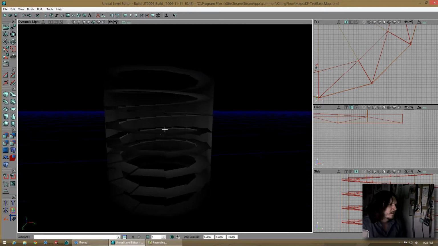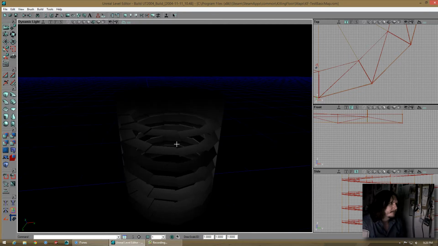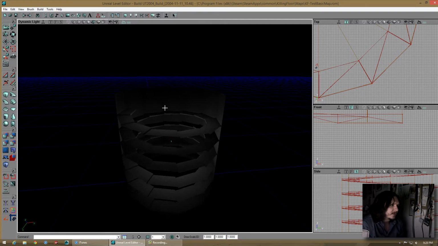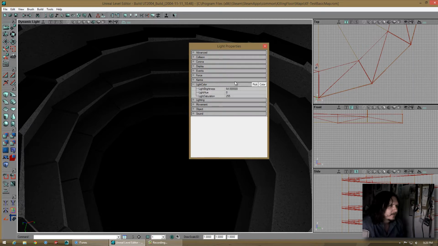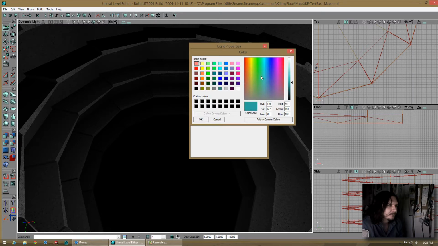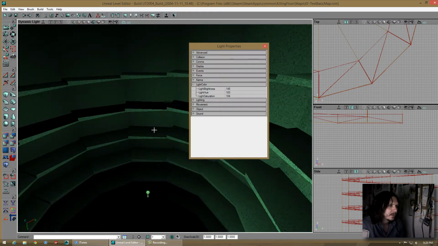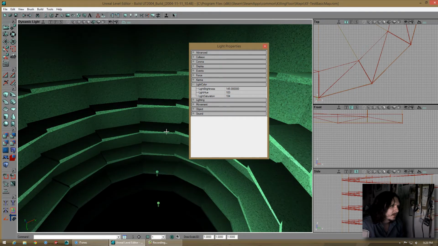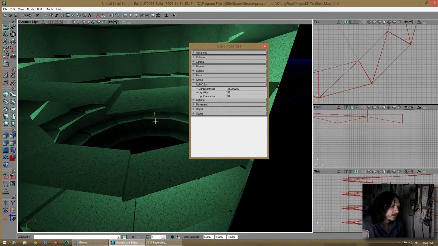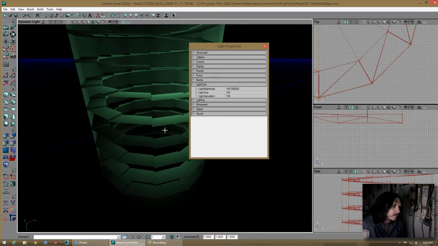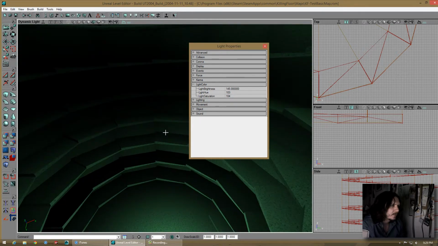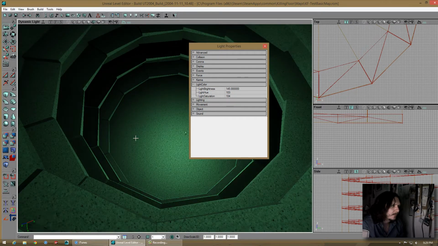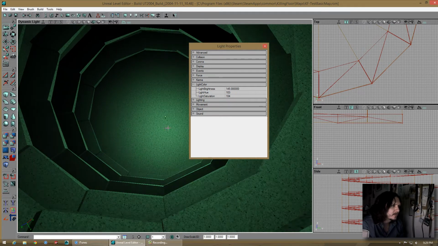Right. So we're just gonna kind of put some lights in here, give it some kind of an interesting feel, I guess. Let's do like a light color, like that or something, and just duplicate these. Maybe have two of them or so. Keep it kind of dark in the middle. And then this one's going to be basically like a